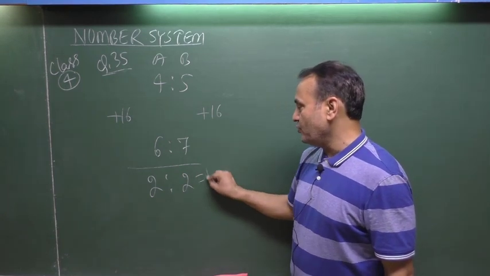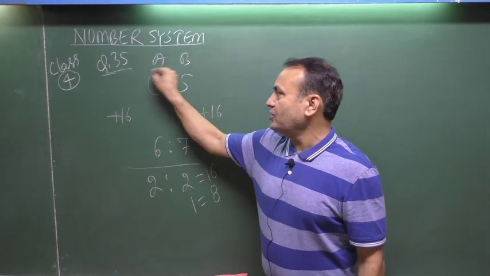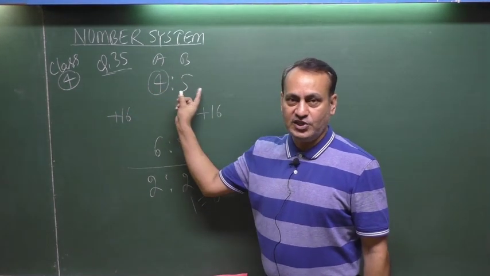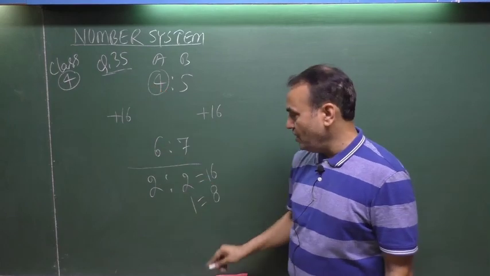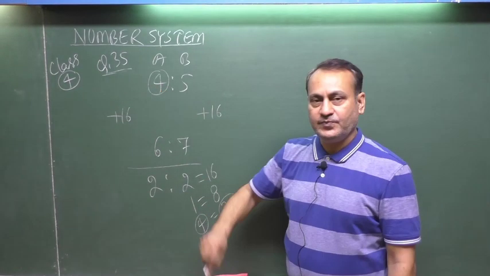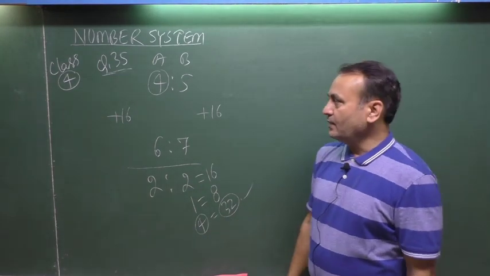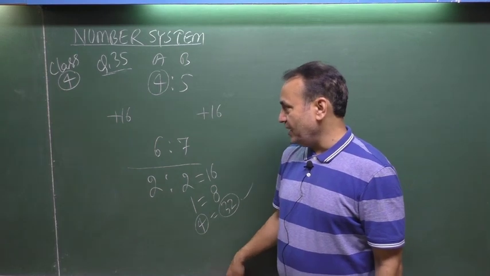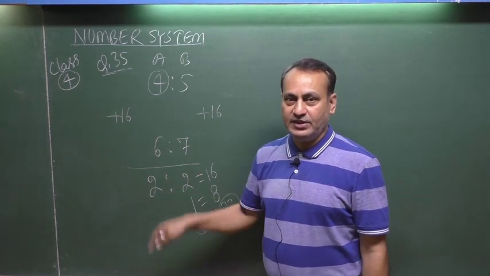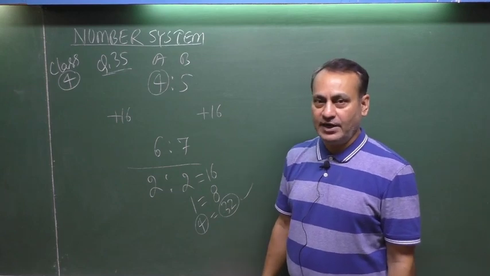That means 2 units equal 16, 1 unit equals 8, and you have to point out the smaller of these two, that is 4. 4 units equal 32. Write down. This is your answer. In such questions, you have to accept and adopt this method. This is very important and useful in order to save time. Write down.